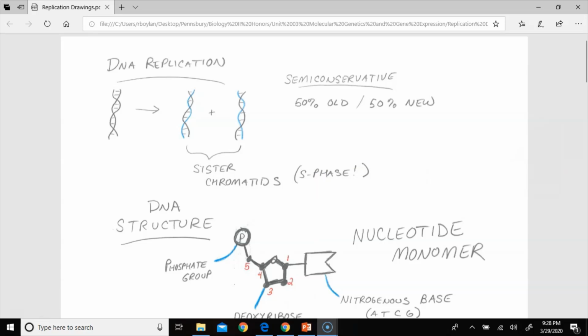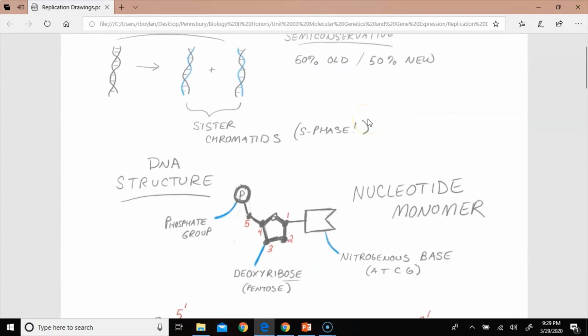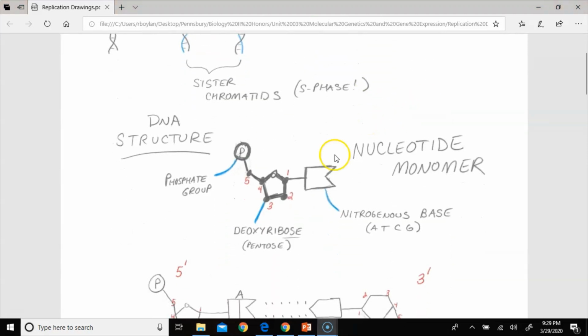We have DNA replication. So obviously one DNA molecule is going to become two, and I don't have my pointer ability here like I did in the PowerPoint, but you can see how you have sister chromatids being made, and they're half old, half new. That's semi-conservative, right? Next thing I tell my students to know is, okay, definitely make sure that you understand the